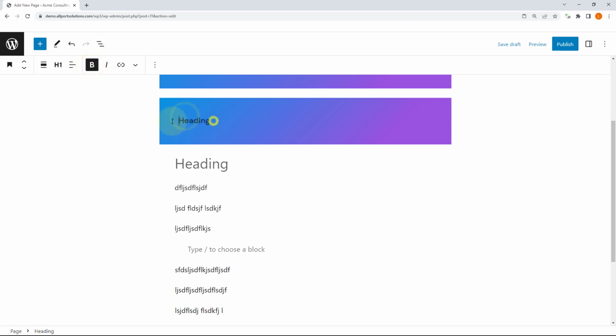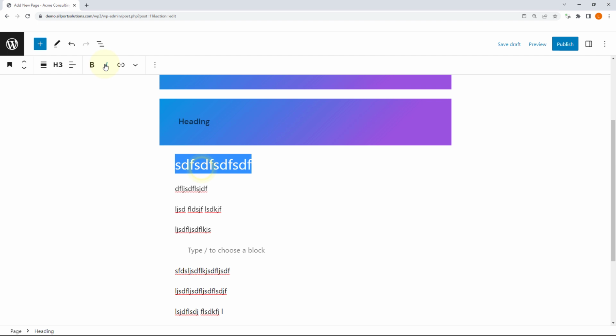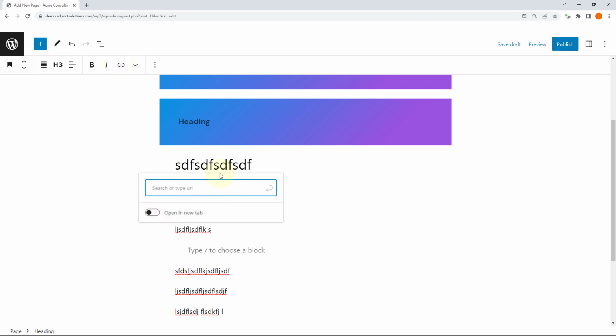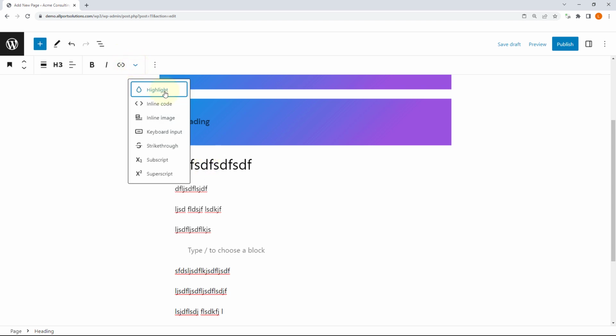Select. It's not letting me select, that's weird. What's going on? Okay, that I can select. So bold. Or not bold. Italic. Add a link to some of it or all of it. And there's more settings here. Highlight, inline code, so